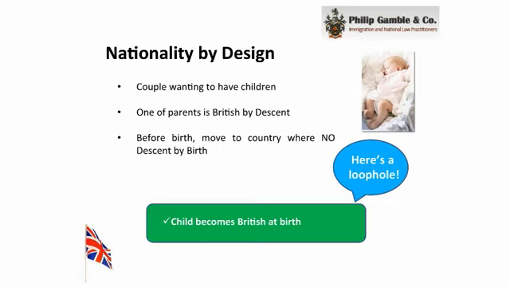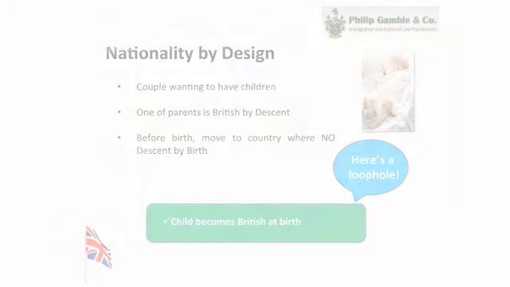So, a typical example of this might be a husband and wife living overseas. A child is born to them. They choose a country where nationality is not conferred at birth. This might be Zimbabwe, it might be Swaziland, it might be a number of other countries in the world. But where the child does not pick up the nationality of the country where the child's born, British nationality will pass a further generation by descent.